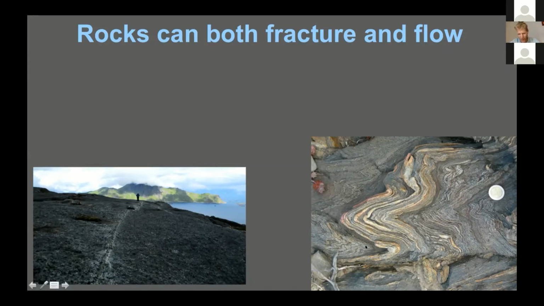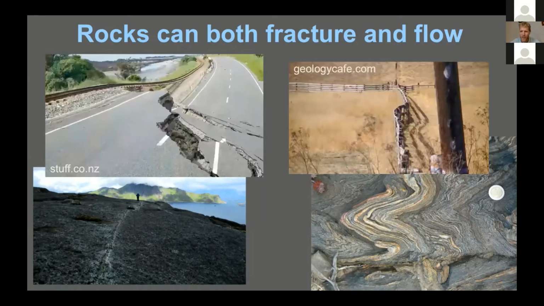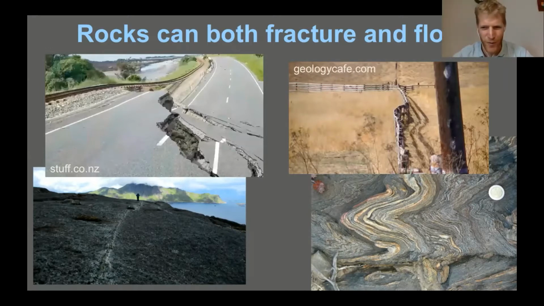And the other end member to the right there is rocks essentially flowing slowly, steadily, under high pressures and temperatures, but deforming very slowly. And at the Earth's surface, you get the effects of that: the fast fractures forming earthquakes, deforming the roads, deforming our infrastructure, and presenting a danger. And similarly, very slow flow, creating very slow deformation, for example, bending fences in California. Now,